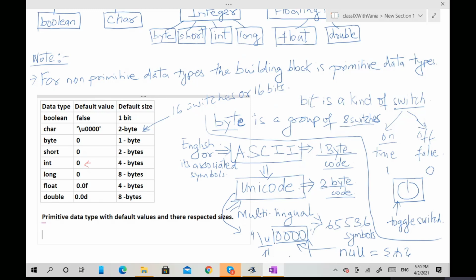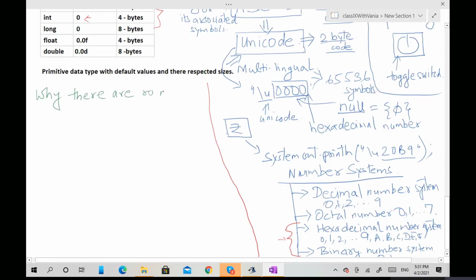Now, why are there so many types of numbers? If you take the byte data type, what is the maximum value you can define?